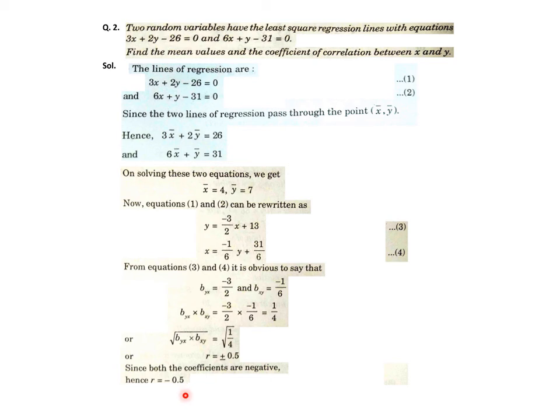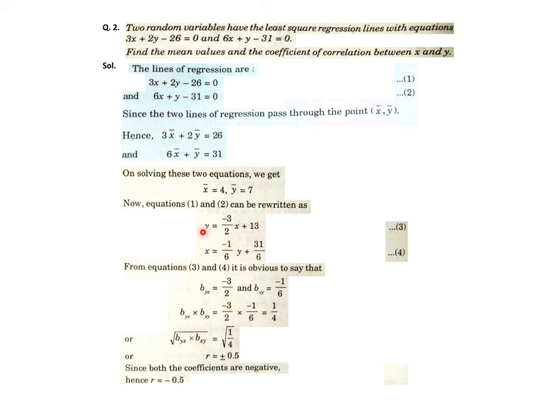Let's discuss one important part of this problem. Suppose you find that the product of byx and bxy is a value greater than 1. What will happen? If that product is greater than 1, it will be positive for sure, as I mentioned. But suppose it is 4, or 6 in a problem. Then root 6 can't be the value of r, because r always lies between minus 1 and plus 1. So if that kind of thing happens in a problem, it did not happen in this problem, but if it happens, what do you have to do? You have to reverse that case.